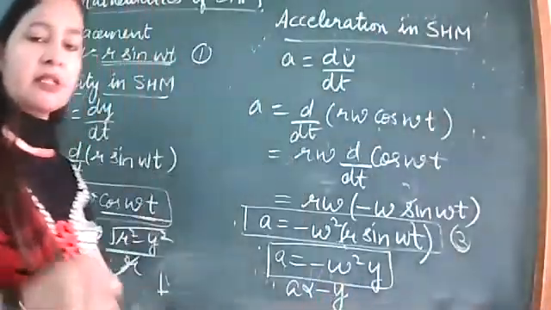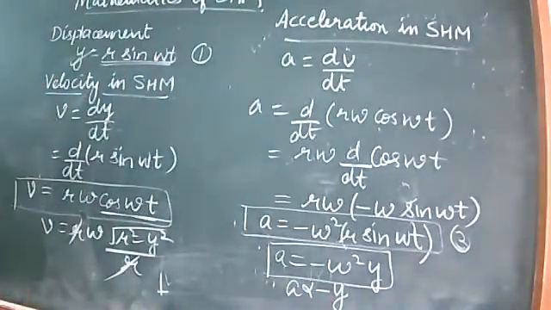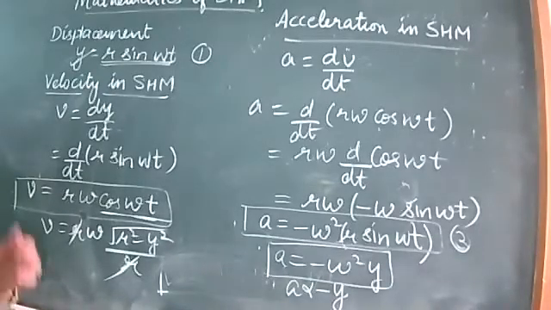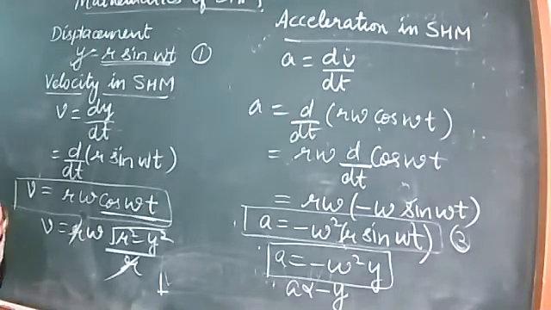Okay, so this characteristic, this way, we are to check in each and every case if we want to prove that a particular motion is SHM or not. Then we have to first find the acceleration by double differentiating the displacement, and then prove that it is directly proportional to negative of displacement. It is not compulsory that displacement is always x. We may use symbol y also for that.